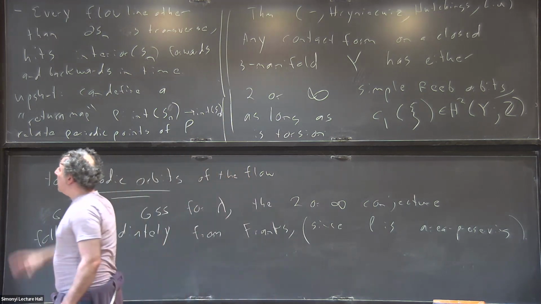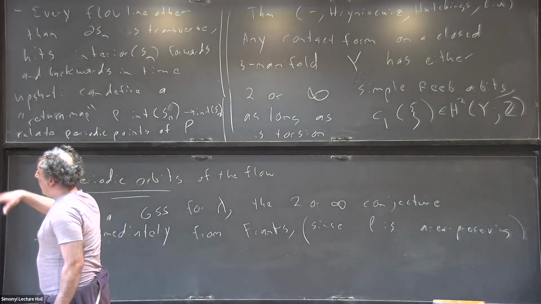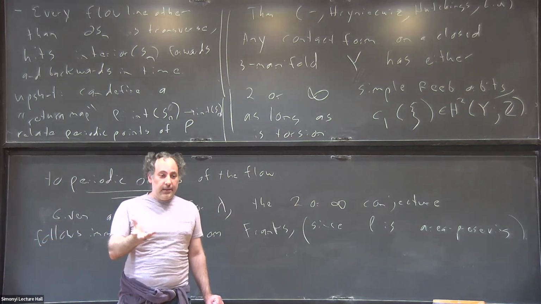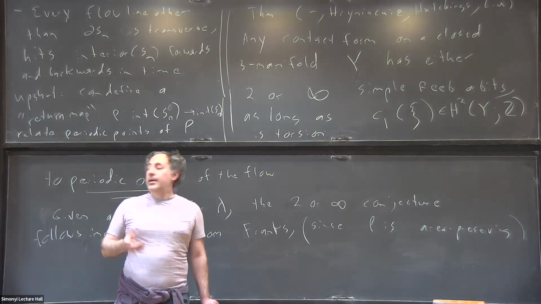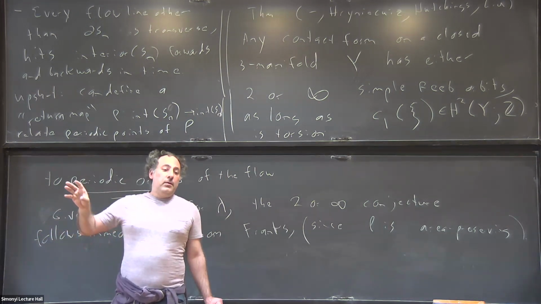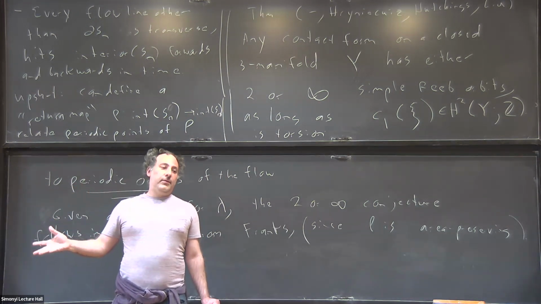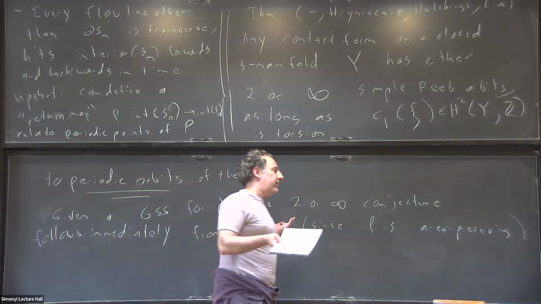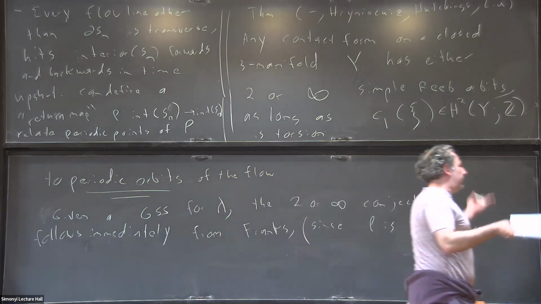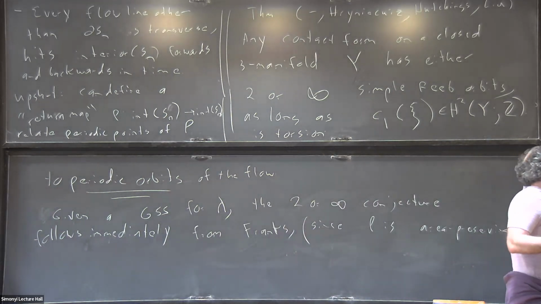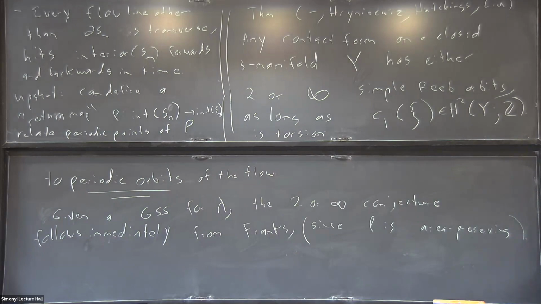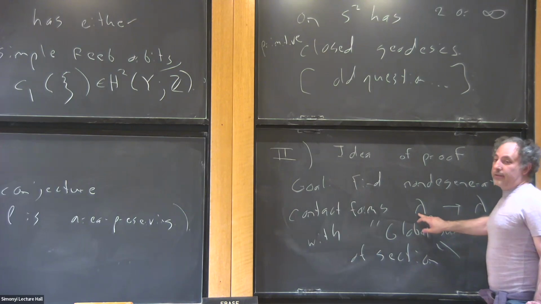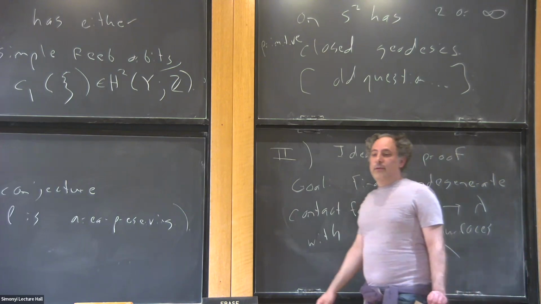So in our proof, we will always get annulus-like global surfaces of section. In principle, there's no real need for such a thing. However, our arguments actually do really heavily use the fact that the global surfaces of section are annuli. I mean, in other words, if at the end of the day I got a global surface of section with genus 50 and 11 punctures, that would be fine with me. But the only way I actually know how to get a global surface of section in the limit is to use some very special facts about annular global surfaces of section for lambda.